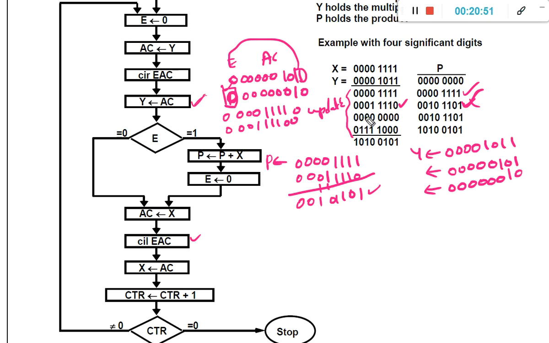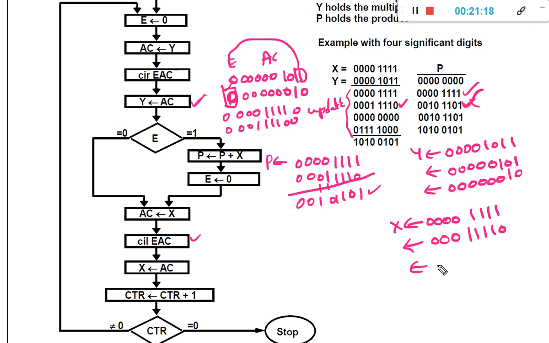So here I will write the x values. Initially the x value is 0 0 0 0 1 1 1 1, and next, after the first iteration, the x value will be 0 0 0 1 1 1 1 0.